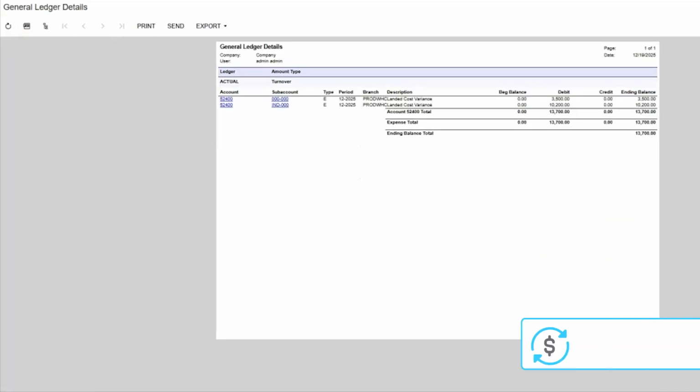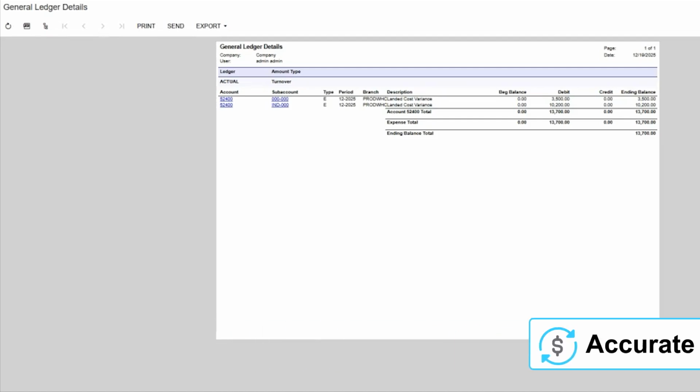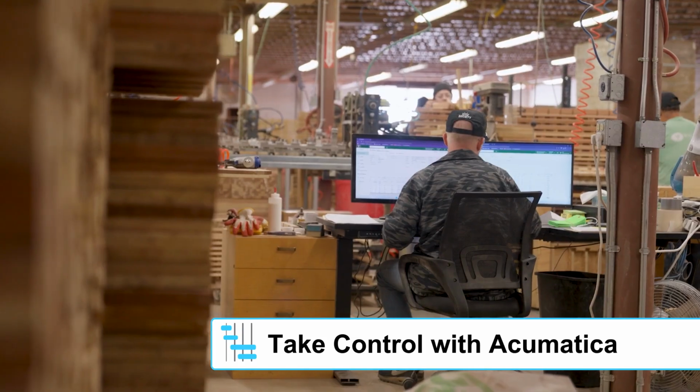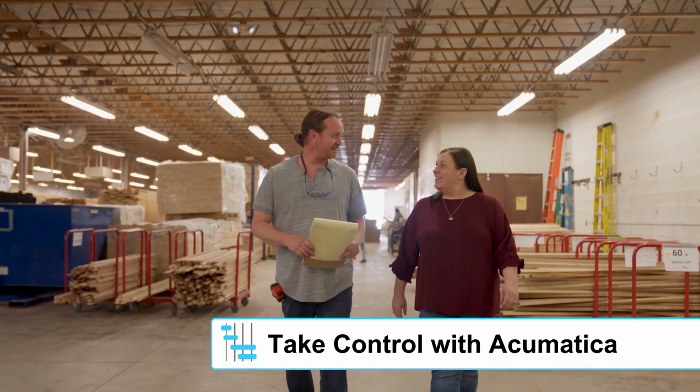Managing landed costs isn't just about compliance. It's how you stay agile, preserve profit, and price competitively, giving you the confidence to grow globally without sacrificing margins. With Acumatica, you can automate calculations, gain complete cost visibility, and empower your team to make confident decisions every step